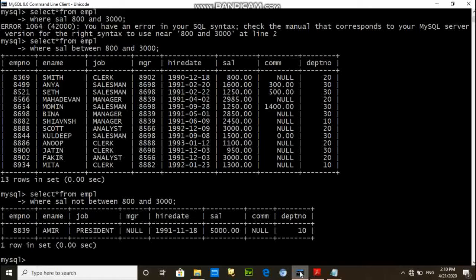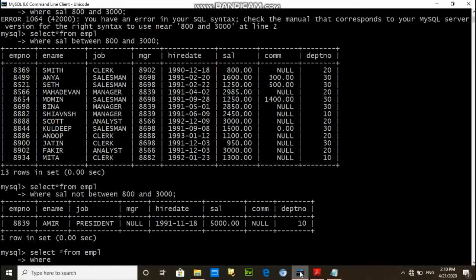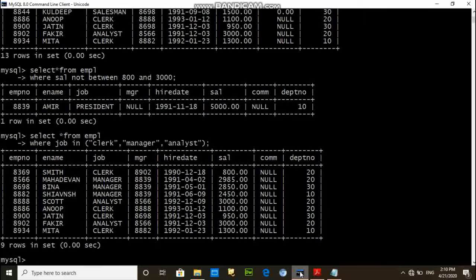So for this we have to write select asterisk from EMPL where job in clerk, manager, analyst. This is the example of the list operator.